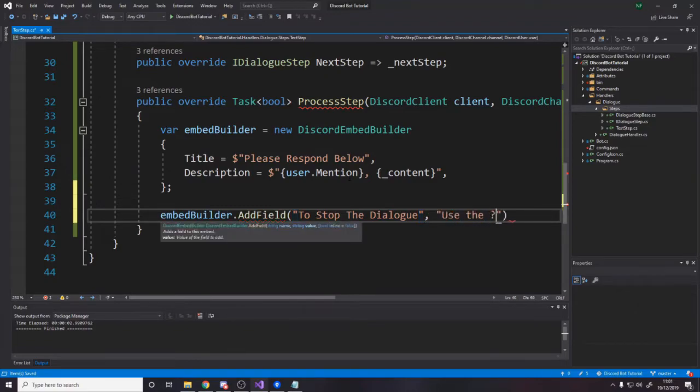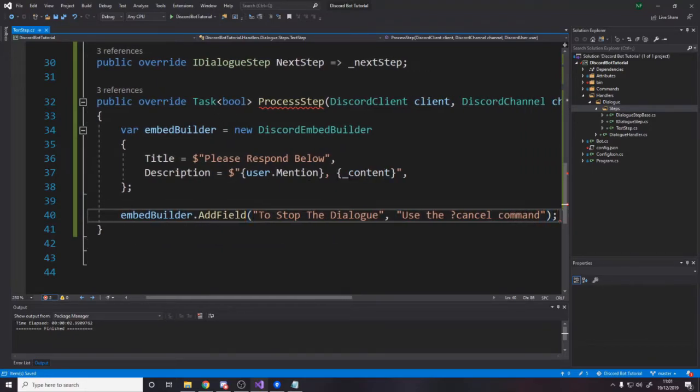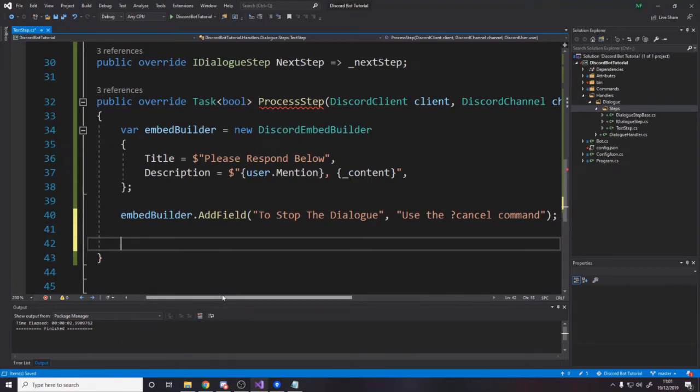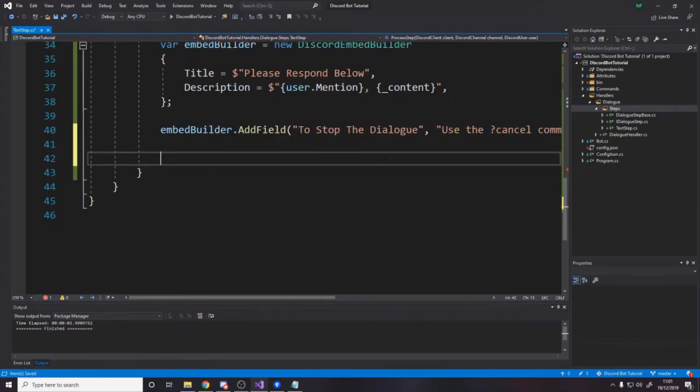Use the question mark cancel command. Okay. And then what we want to do is, well, not take their input. First of all, we want to add more to this embed based on if they have a min or a max. So we'll say, well, if the min length has value,